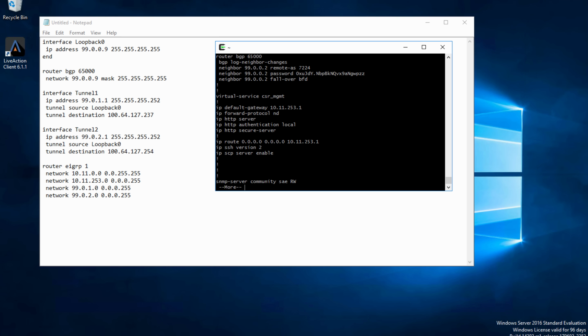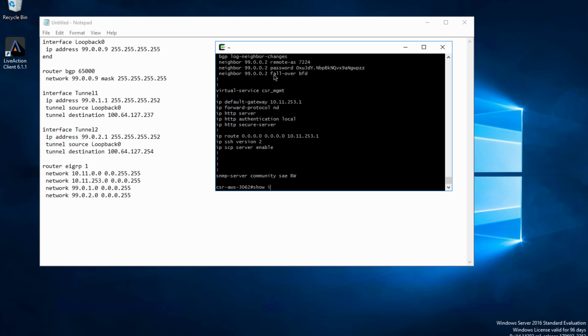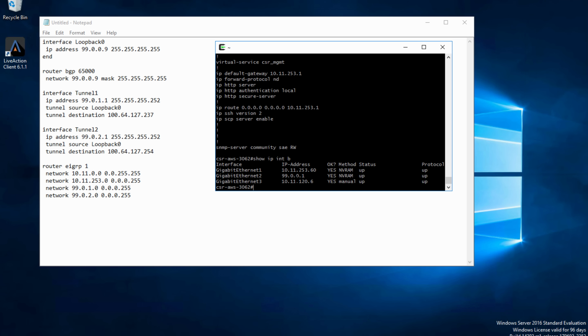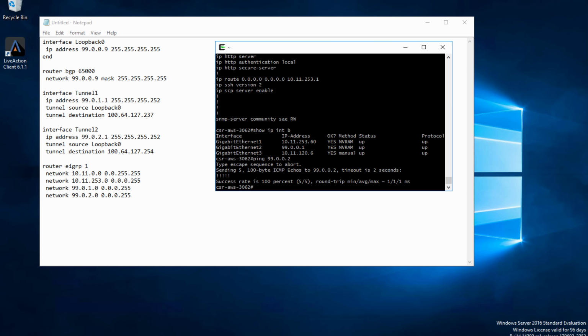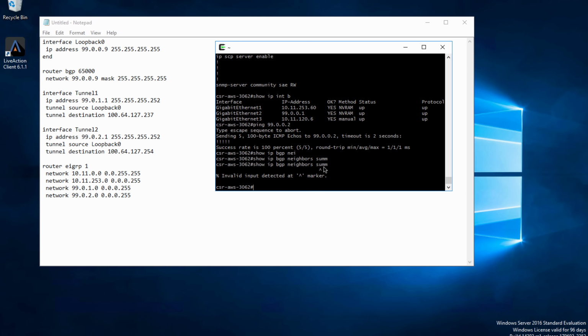I enable failover with BFD, and I'm connecting to the other side with the peer IP 99.0.0.2. If I do a show IP interface brief, on my side I'm 99.0.0.1, so I can ping the .2. Which means that show IP BGP neighbor summary